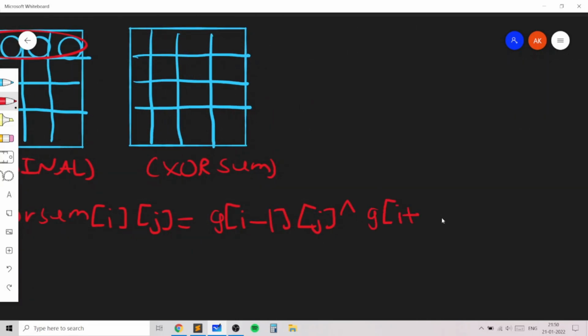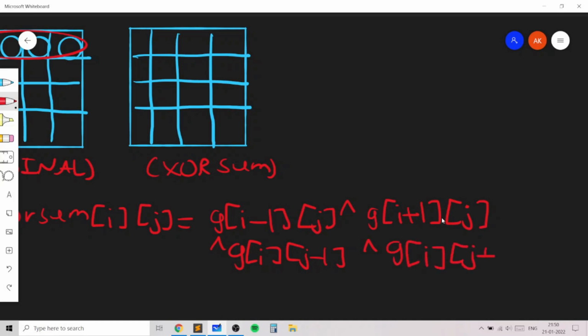So these are the two adjacent elements above and below, and then the two adjacent elements to the left and to the right are I of j minus 1 and I of j plus 1. So this is the XOR sum of I of j. This is the input grid, and the grid which we need to find out, which is given by the original grid,